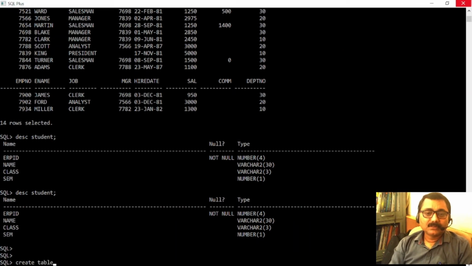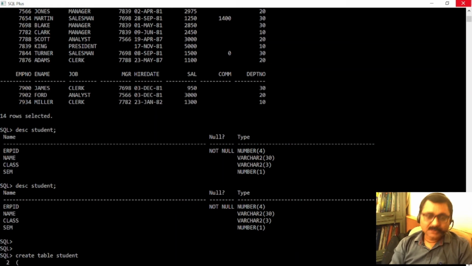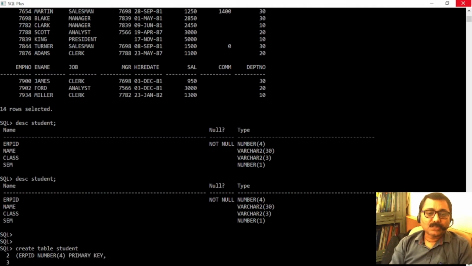Create table, then inside the table we'll have ERPID, data type number, size 4, made it primary key. Next column is name, of type varchar, size say 30.